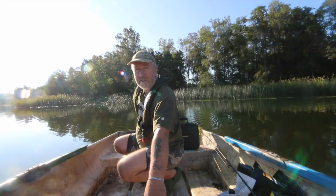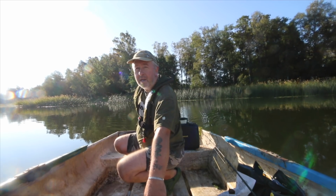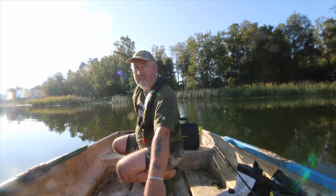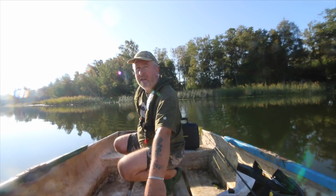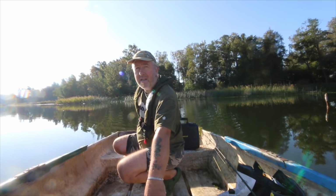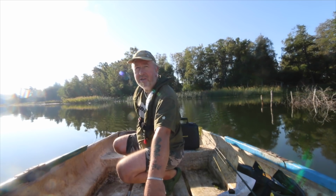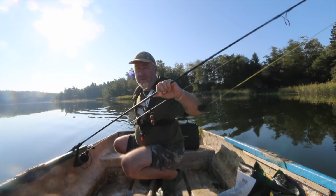Well, this is absolutely beautiful. Can't remember the name of the lake actually, but yeah, it's a cracker. It is absolutely lovely. I'm just going over to, well, into a bay actually. There's quite a few pads along the edge, but they don't stretch out too far. A lot of reeds on the outline, and apparently there's